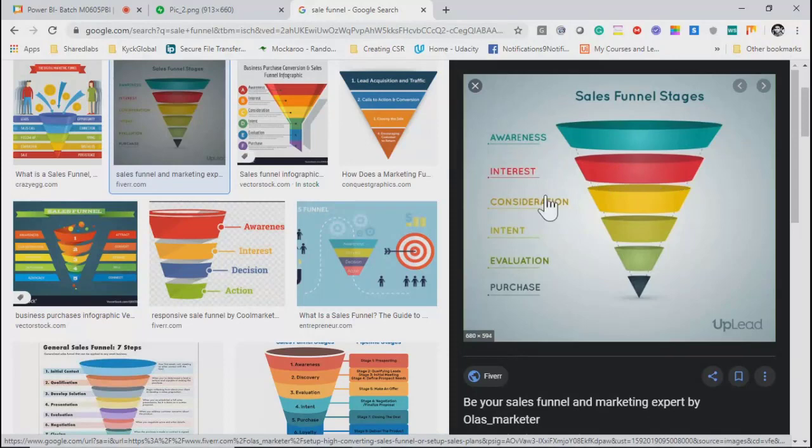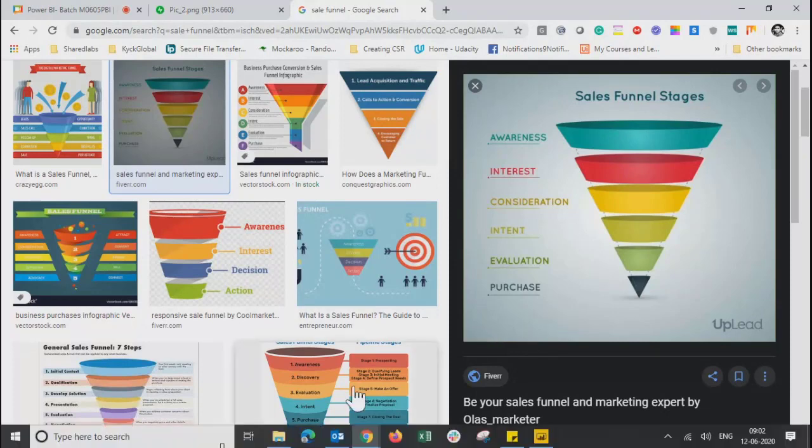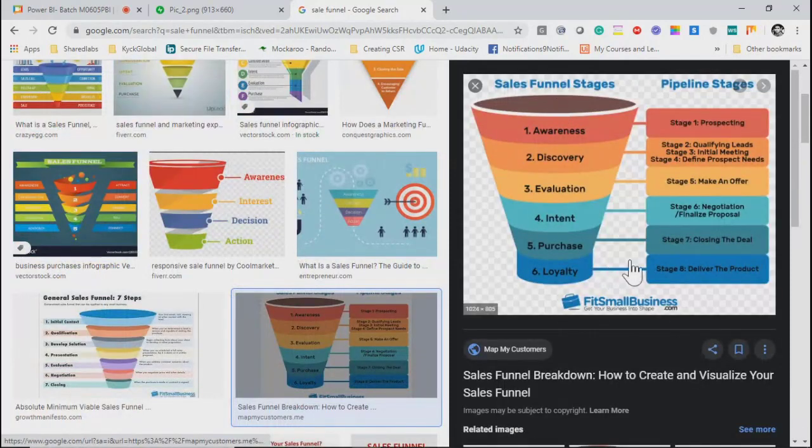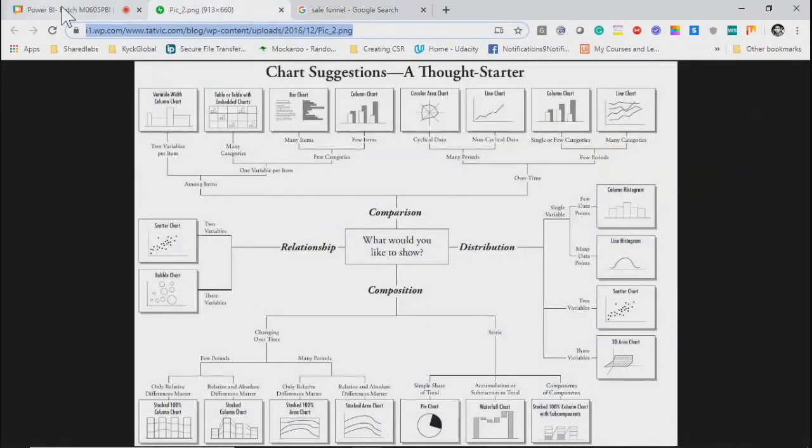You start discussion, then they consider your product, they are quite interested to go ahead and buy, maybe they can refer other people also, and finally the purchase happens. So this is the complete life cycle. Different charts show different details: prospecting, qualifying leads, make an offer, negotiation, finalizing the proposal, closing the deal, delivering the product. This is exactly what we represent in a funnel chart.